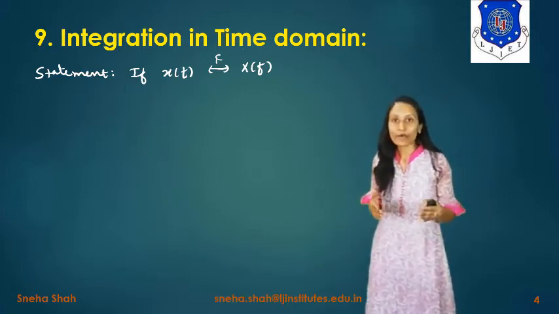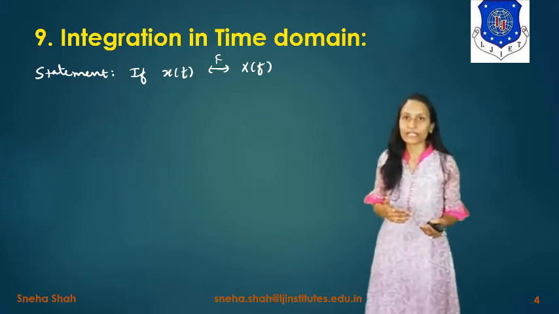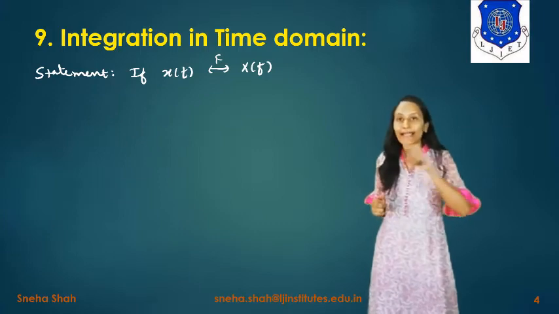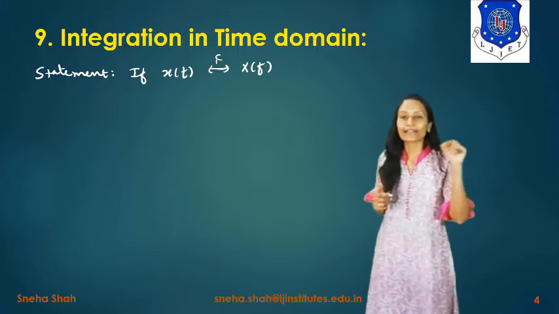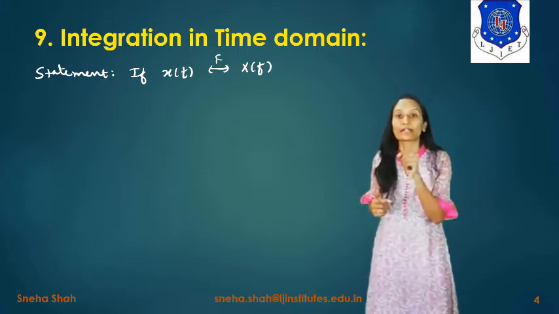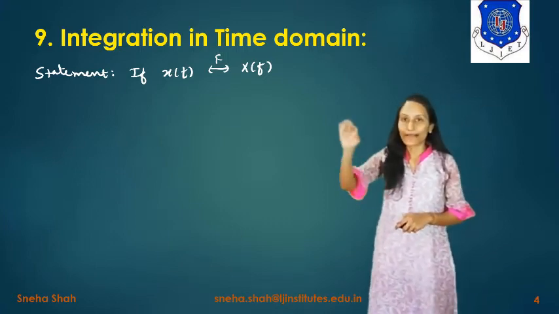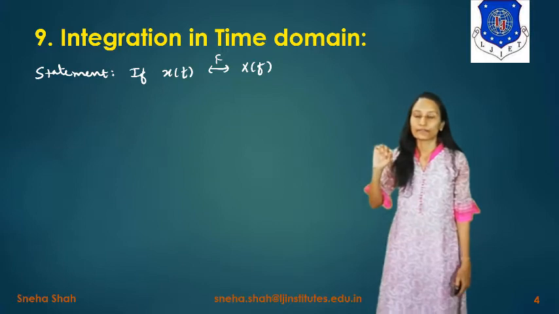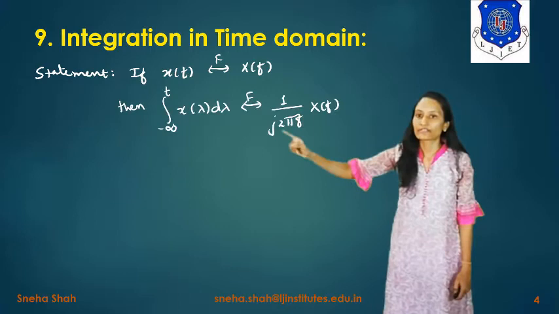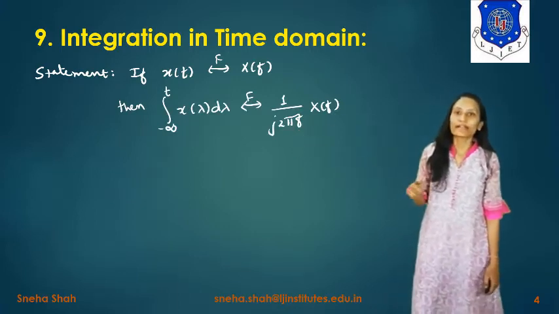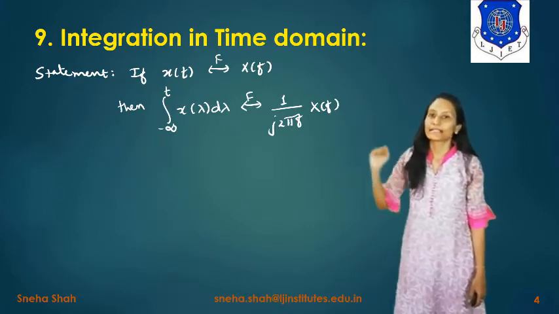So if we want to integrate that signal, then we have to take some dummy variable, and we will not take the entire region, meaning from minus infinity to infinity, because if we take the entire region, it will be considered as the area of that particular signal. So we take only some portion of it, up to one point, and take the integration. So it will be represented as integration from minus infinity to t of x of lambda d lambda, and if we find the Fourier transform of that, it will be represented as X of f divided by j 2 pi f.